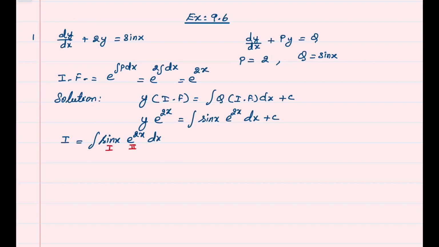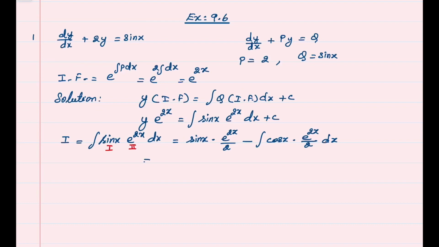In ILATE, E comes last. Always exponential function is the second function. The formula is first function into integral of the second function. Integral of e power 2x is e power 2x divided by 2, minus integral differential of the first function. Differential of sin x is cos x, times integral of e power 2x, which is e power 2x divided by 2,